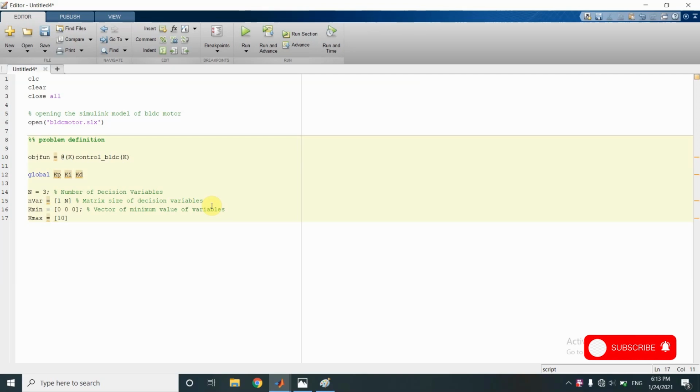Then kmax, this will contain the maximum value of variables or the upper bound of variables. So the maximum value of variables is 10 for Kp, 100 for Ki, and 1 for Kd. Vector of maximum value of variables.